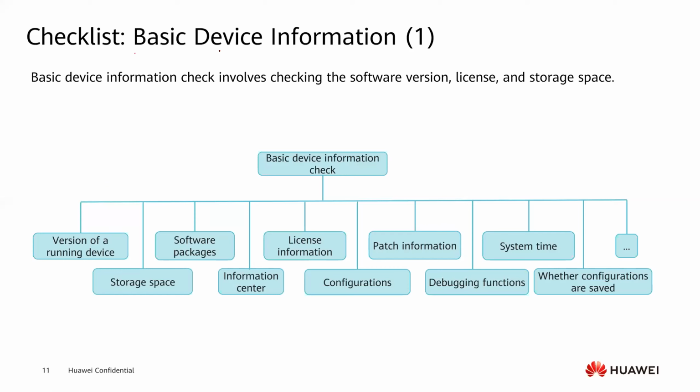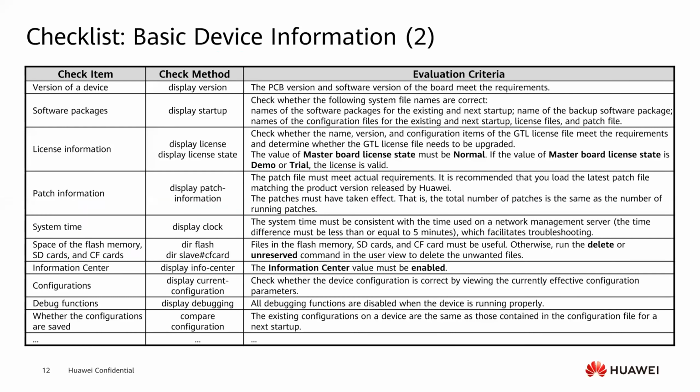Then we see the basic device information. We also give you some examples: the version of our running device, and the software package, information center, and the license information and configuration. We also give you some commands. If you want to check the version of your device, you can run the display version command, and the